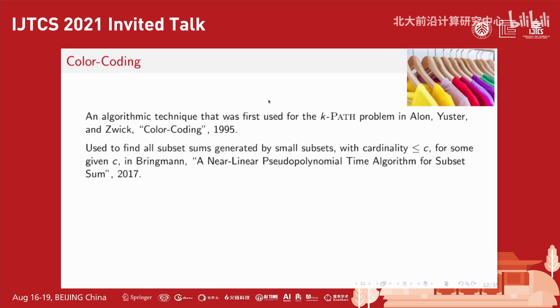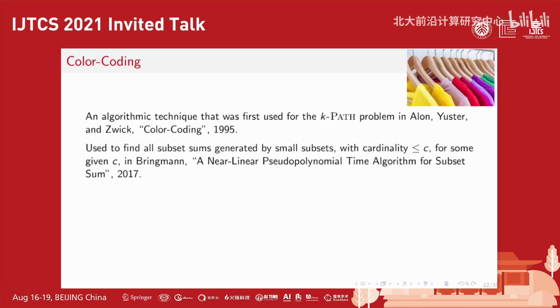This technique was first used for the K-path problem, and more recently it was used by Bringmann and was adapted in the context of the subset sum problem. More specifically, it was used to solve the subset sum problem for subsets of some restricted cardinality